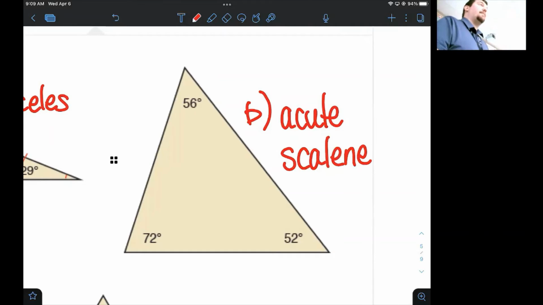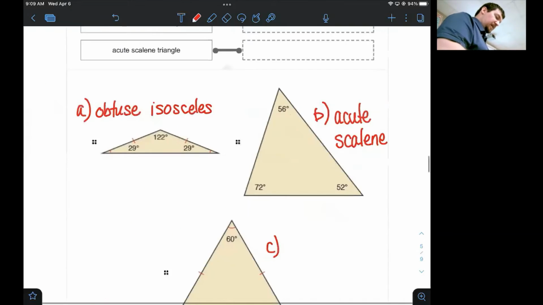By the way, that's more vocab, isn't it? Adjacent, vertical, so complementary, supplementary. Now we've got acute, right, obtuse. We got scalene, isosceles, equilateral. You can throw equiangular in there as well. That's one of the classifications you can label by an angle, is equiangular. Speaking of which,